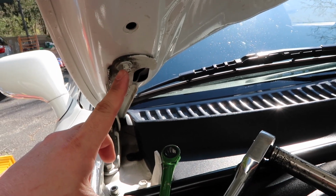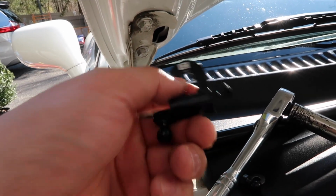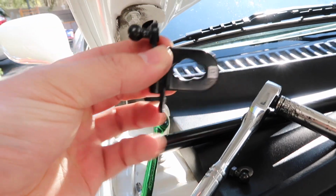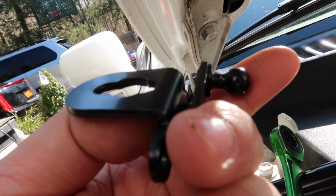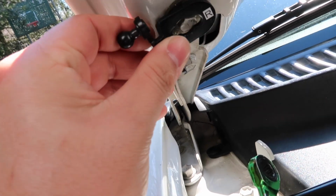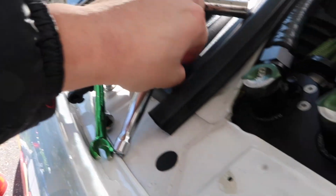This is a 12mm bolt. We only have to remove the top one, and we're gonna put the bracket. This is the right side, you can see. It's gonna go like that. Get that closer look. So this groove in the bracket is going to fit over this groove, and it's pretty much gonna go just like that. And then for the stud,